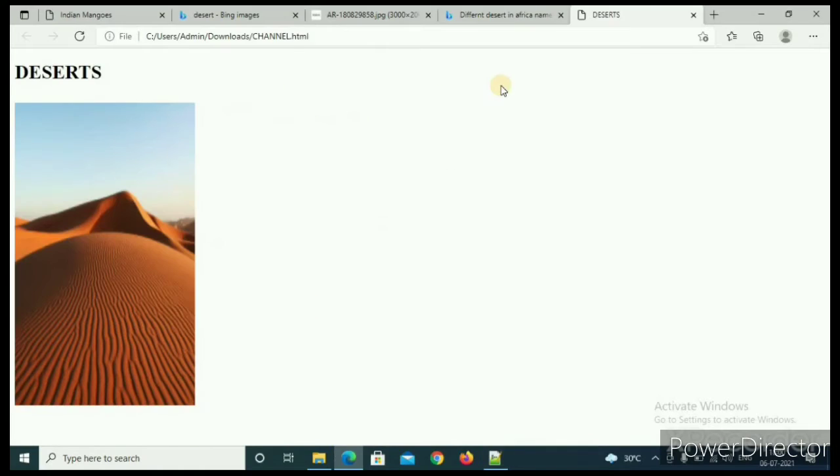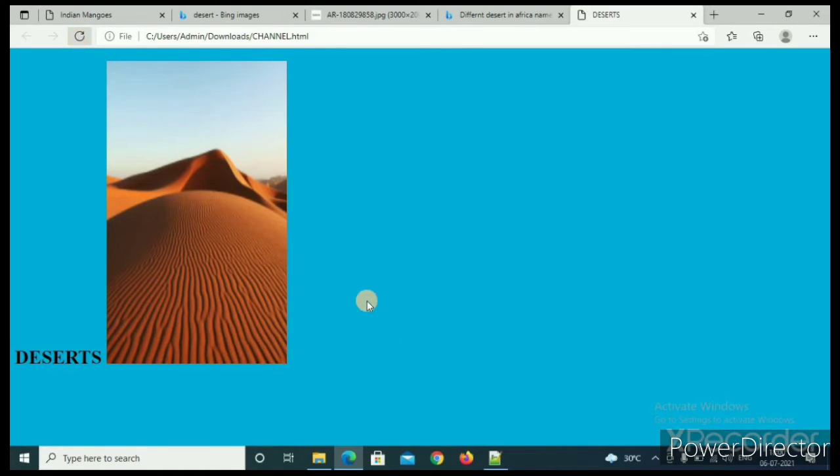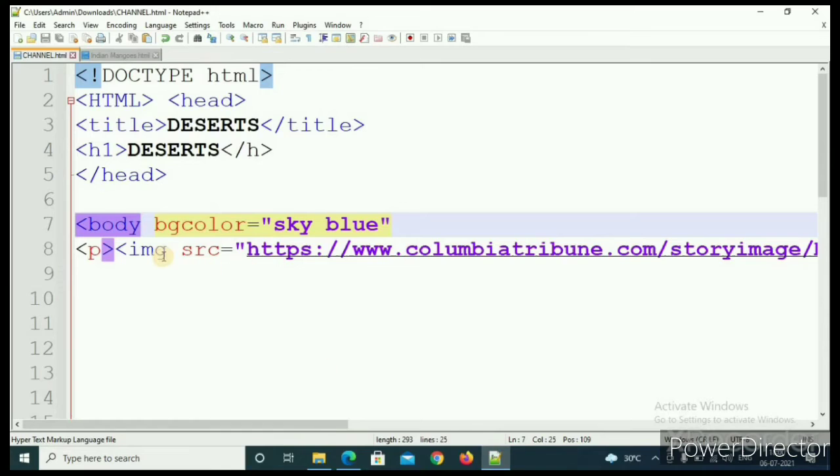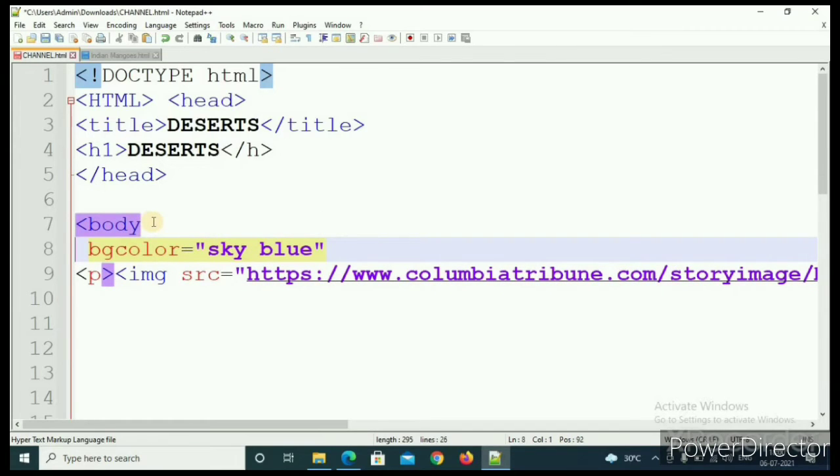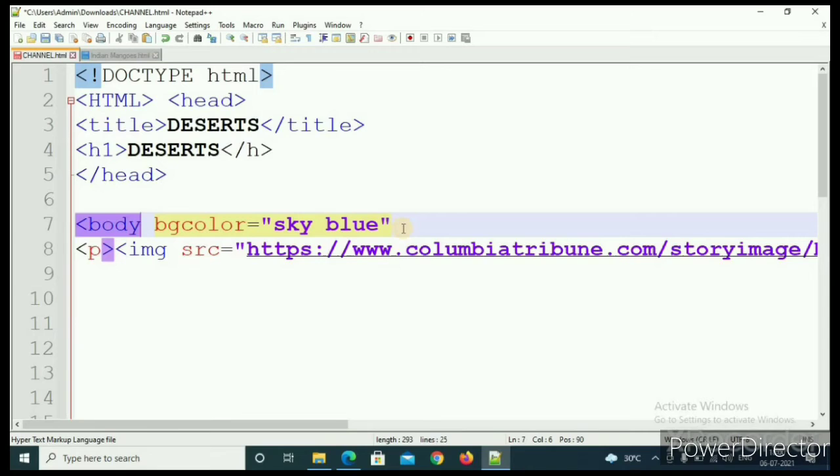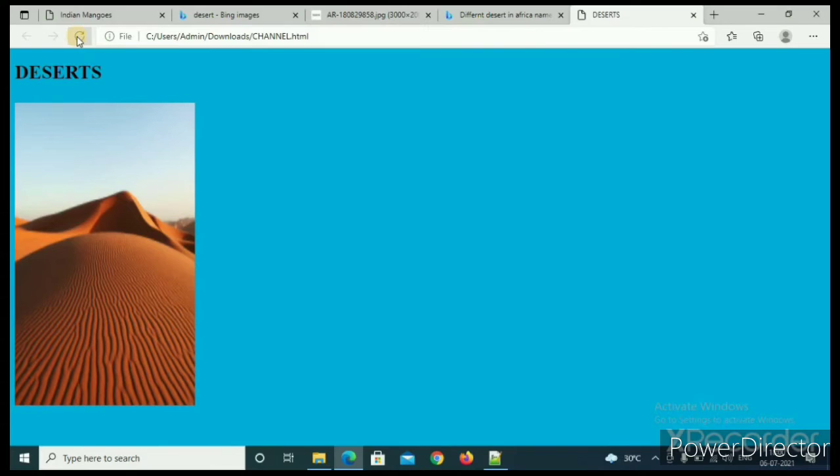So save it, and then here reload. Here you can see it's done. Again it came, as you can see. So for that case, I will copy this. Do one thing. Enter here. And then here you have to press this one. I forgot to give the closing bracket. Then press Ctrl plus S, and then go here and reload. There you go. So I have completed up to here.